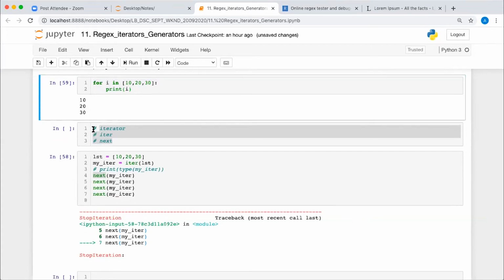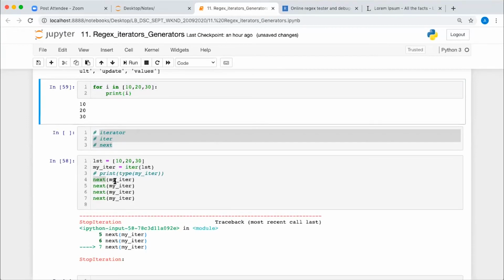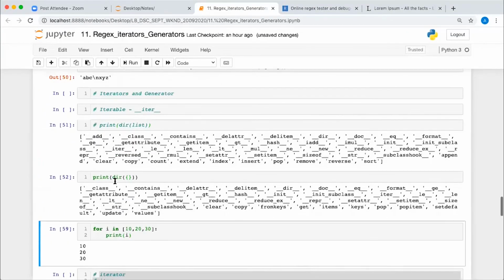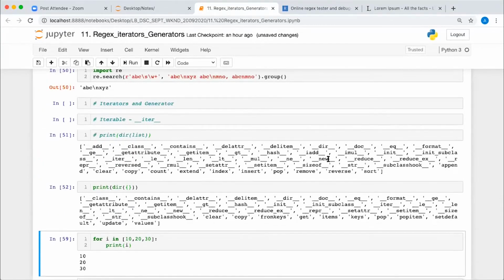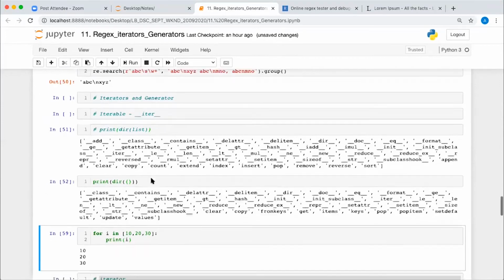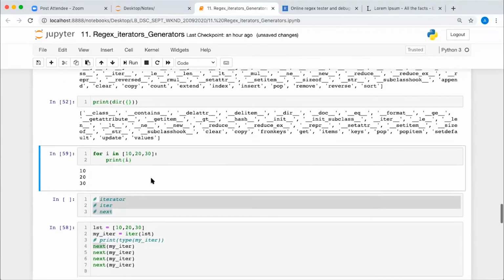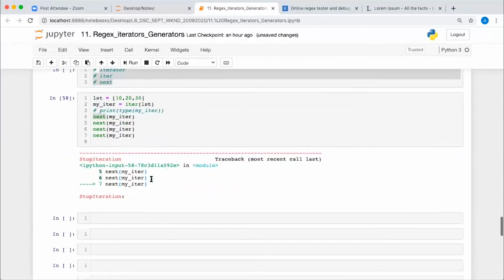Okay. So the iterator object is the object which is created on the list, and internally it implements the next method. And what is an iterable? Any object which implements the double underscore iter method is called an iterable object, on which we can run the loop directly. Okay, clear everyone?